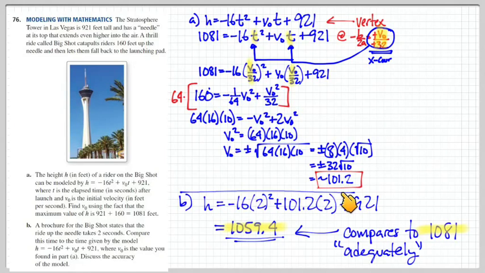B is just asking, is it reasonable that at 2 seconds, according to the brochure, that we reach the top of the needle according to the equation? So what we do is we plug 2 into the equation using 101.2 as the v0. If we do that, we get 1059, 1060-ish. And that compares, I would say, adequately to 1081, which is the height to the very top. So they're roughly the same. I would say 2 seconds is a rounded number, and this is a decent model for the